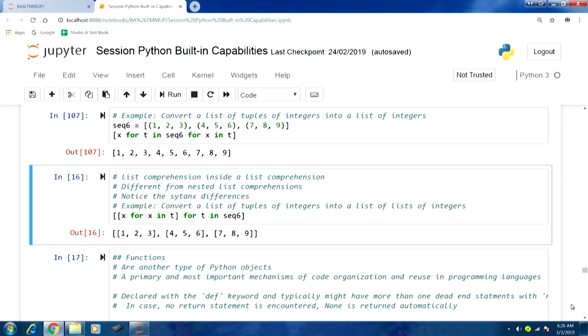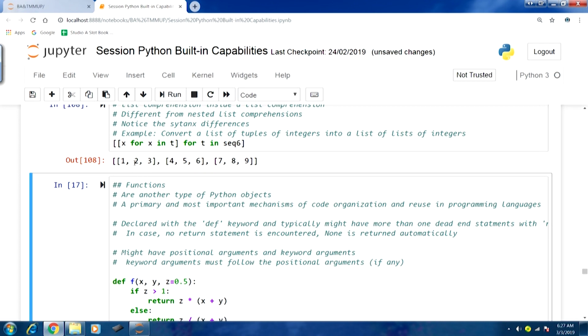So, for each element in the tuple we are just presenting that in the form of a list itself. If I run this, you can see in the output, from a list of tuples of integers, we have been able to transform it into a list of lists of integers.